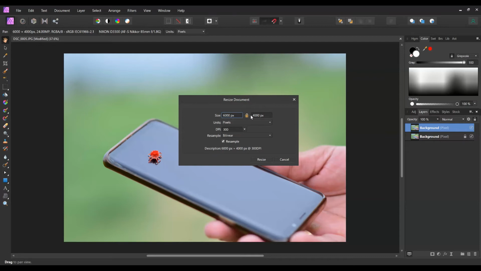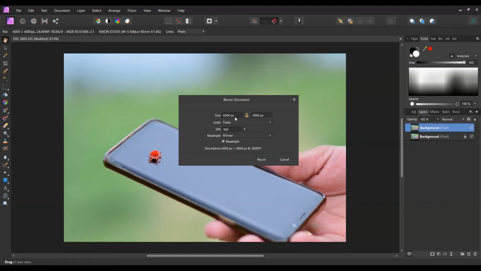For example, you see this lock in the middle. If I don't unlock it and I just change the width from 6000 to say 3000, you'll see the height has changed to half because I've halved the width. Now let's bring it back to 6000 and our height has changed back to 4000.